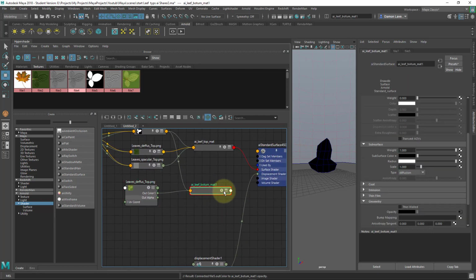So the first thing I want to do is expose its attributes just so we can all see what's going on. And in this case, what I want to do is just assign it to the geometry. Now I don't need to drag and drop it onto its geometry. All I need to do is just take out the out color and go into the surface shader here, and I'm basically preserving